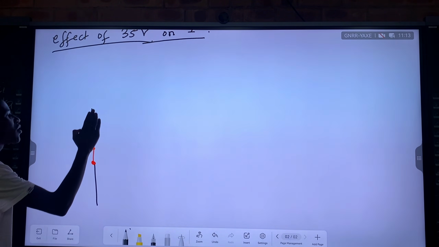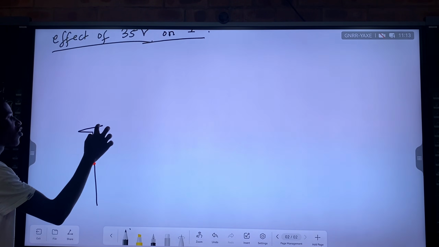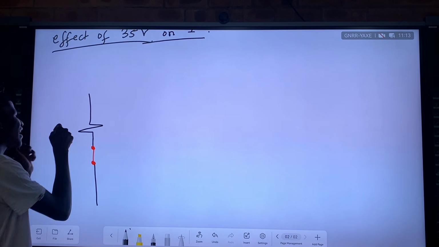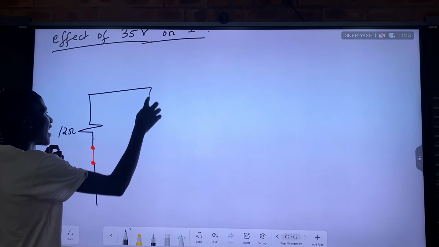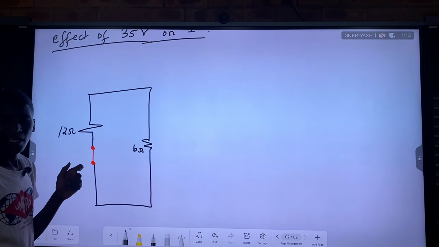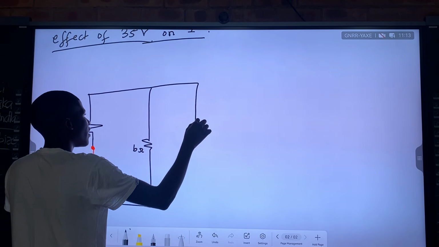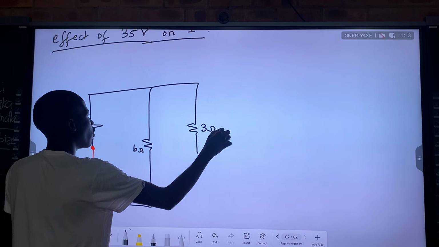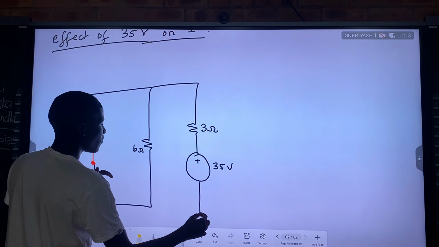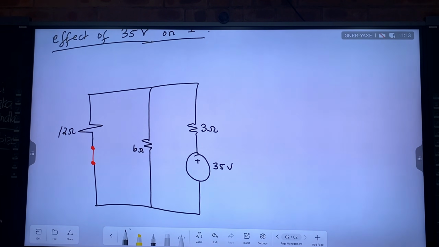But in a resistor, we don't remove the effect of the resistance, because resistance is our constant of proportionality. So you don't remove it. You only remove the effect of voltage so that you can see the current. So at this point, the resistance I have here, not 12 ohms, here I still have what? 6, right? Is it 6? Yes. And then here I'm going to have my resistor of interest, 3 ohms. And then I'm going to have my power source, 35 volts. So I didn't remove this one this time, but I removed that one. You see it all. This one is difficult.